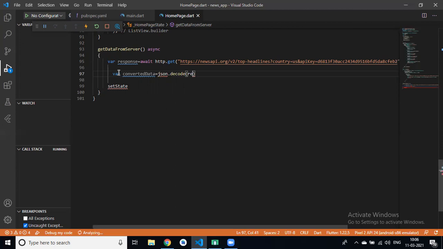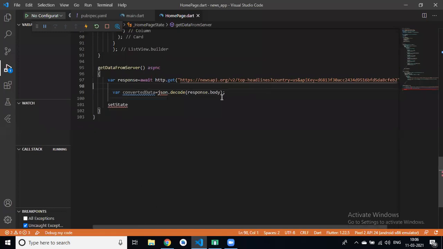That is our response.body. We have to decode our JSON data. Clear? So first we have to import our dart:convert package, right? So we have convertedData in the setState method.